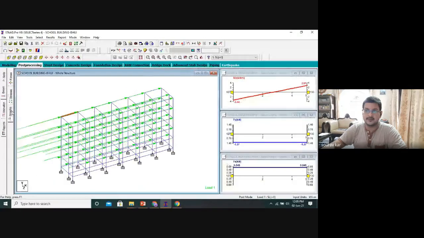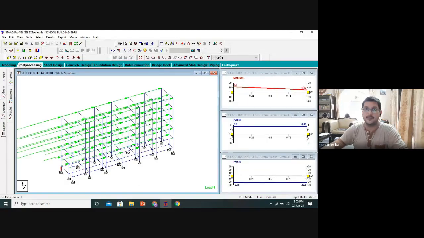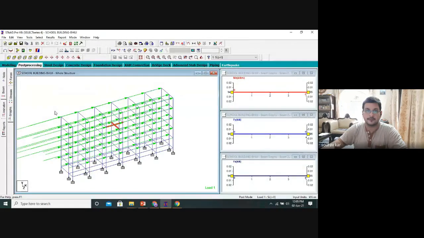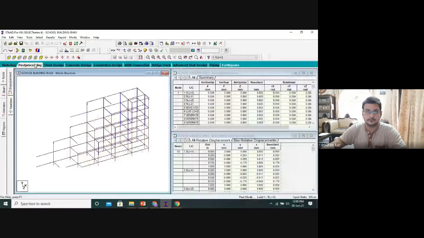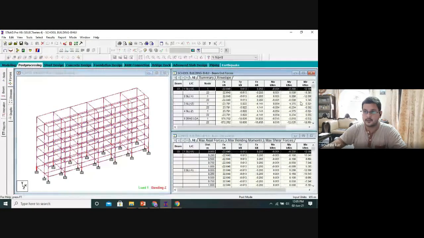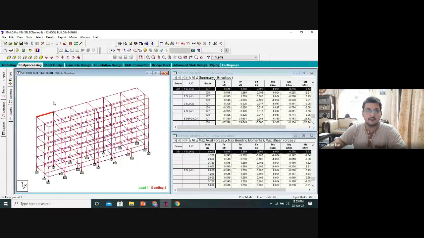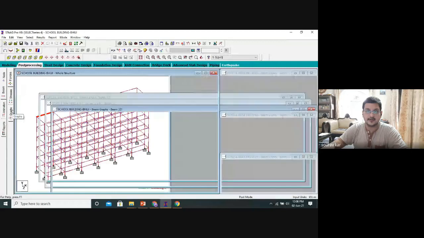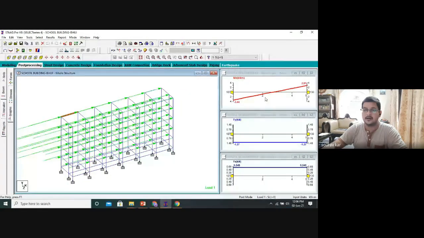We can go to this graph. For example, I have to select the load case. If you go to the beam option first, on the left side, I can go for these graphs. The graph shows me the bending moment.